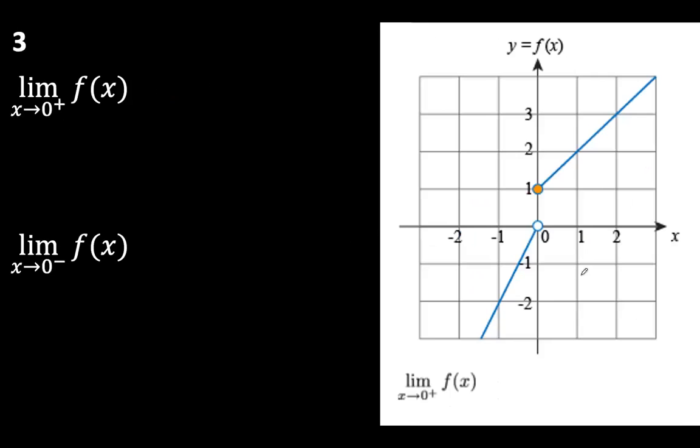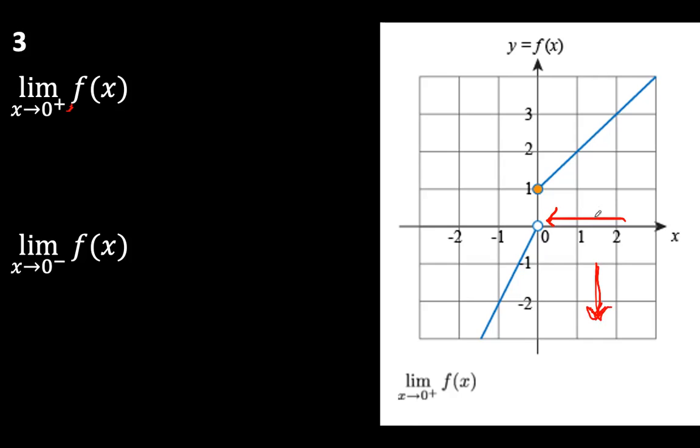Number 3. Okay, so let's consider this graph. We have the limit of f of x as x approaches 0 from the right, because of the plus sign here. It means from the right side of the value of x, which is 0. So we are considering this value. Since there are no graphs here at the bottom part of the